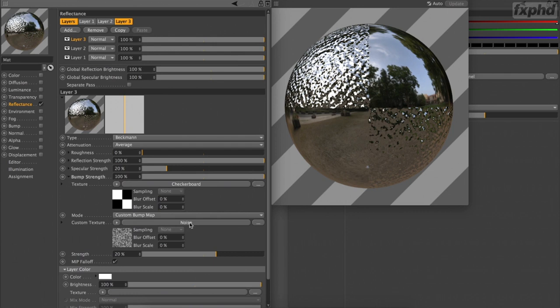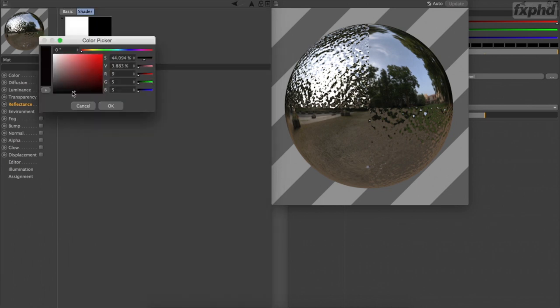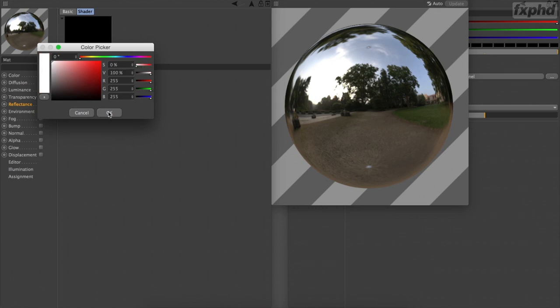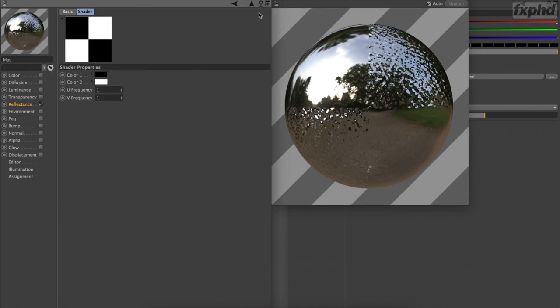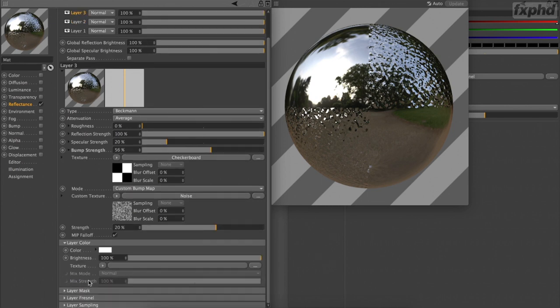And I can also scale the bump map strength back, or keep it strong if I want. And in this case, I want to invert my checkerboard so I can see in the highlight area the other texture we've got going. As soon as I set a Fresnel,